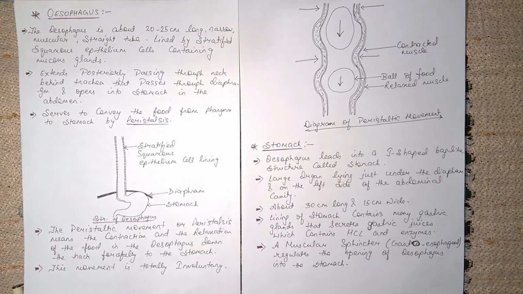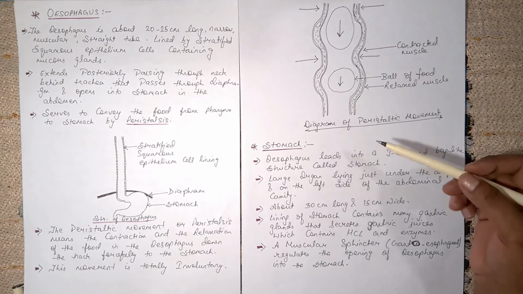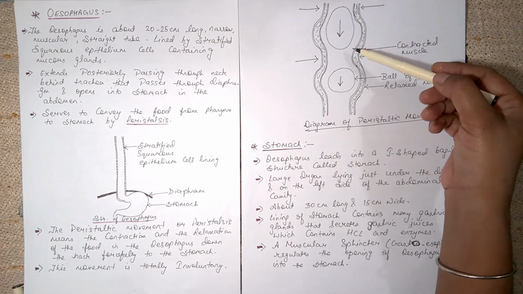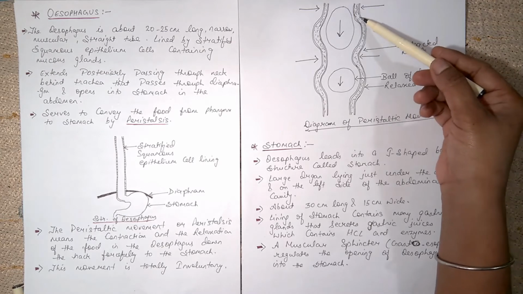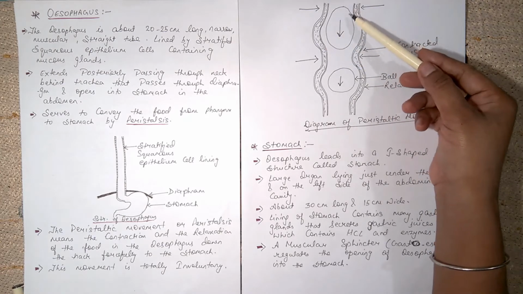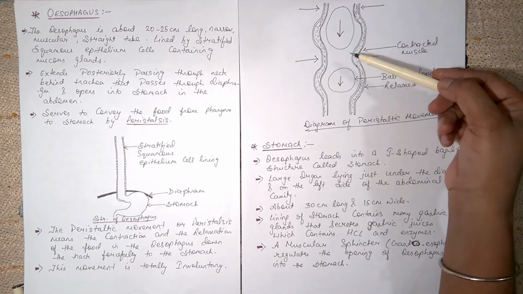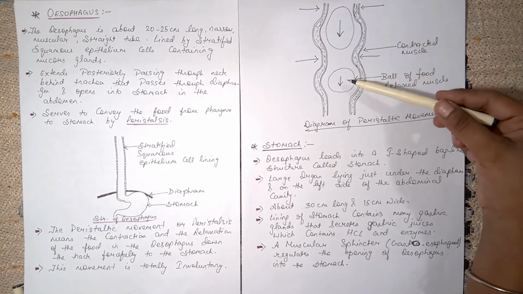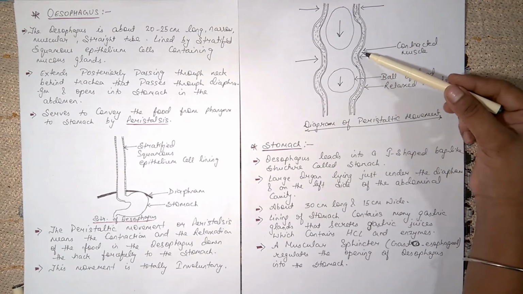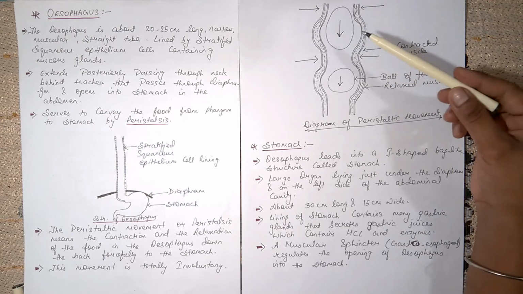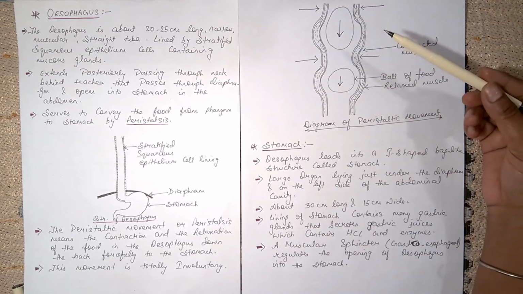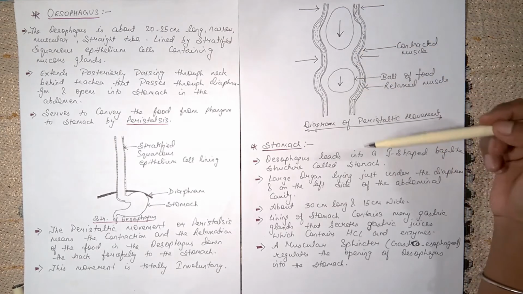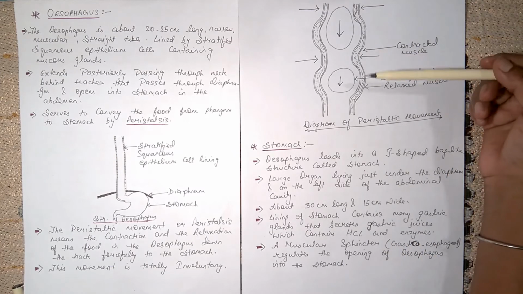We cannot control this movement because it is totally involuntary. As you can see from the diagram, it is the peristaltic movement. Here the food has entered into the esophagus and the muscle is relaxed over here and the food is entering here. Now the next step, the muscles are contracted. So here the muscles are again relaxed. This is the ball of food and this is the relaxed muscle and this is the contracted muscle. Now in this way, in this movement, the food that we eat enters into our stomach. And this is a very important movement.